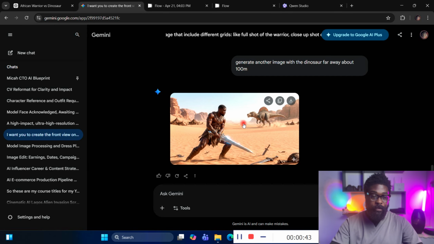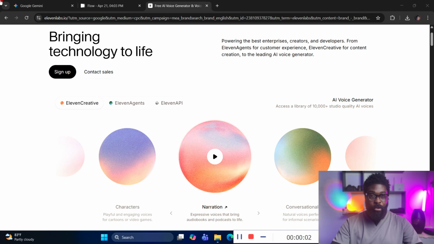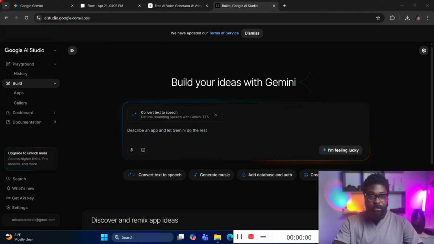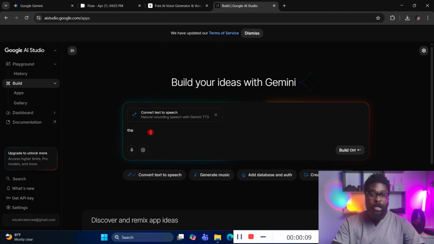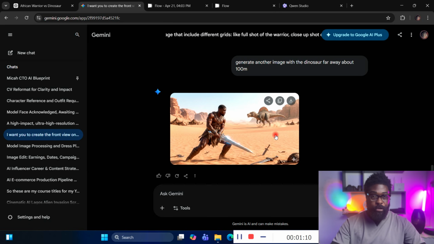So once Gemini generates the storyline for you, you can ask it to convert it into a script or dialogue if there are going to be dialogue, or if you're going to be using a storyline or a narration kind of video or movie, then that's fine. So once Gemini does that for you, all you have to do is use 11 Labs or Google AI Studio to generate the audio for your movie, and then the visual is the most important part when it comes